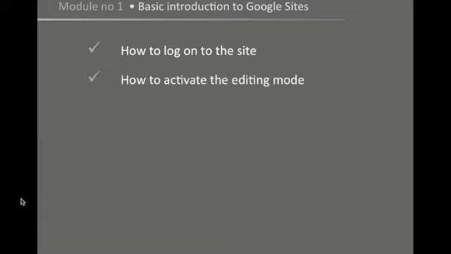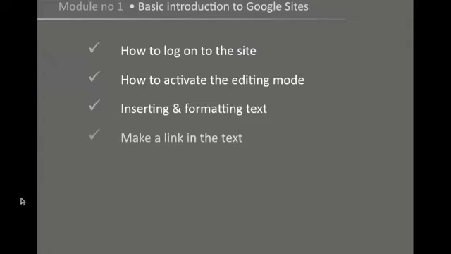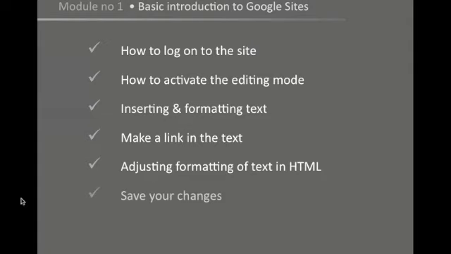how to activate the editing mode within a page so that you can make changes to the page, how you can insert your text by copying and pasting it or typing it right in and then format that text, how to make links either within the site itself, like from one page to another, or also to other websites outside of the site. We're going to cover how you can make more sophisticated formatting of text using the HTML mode,